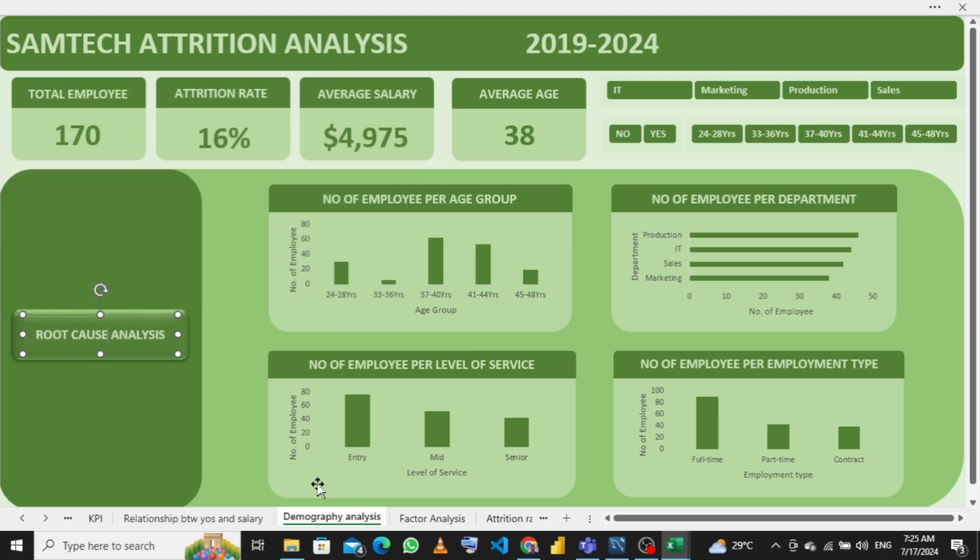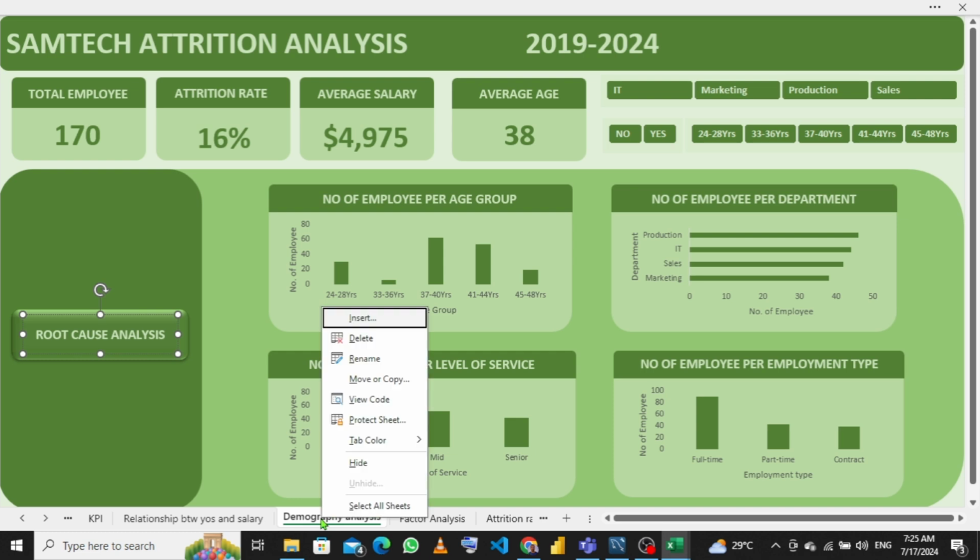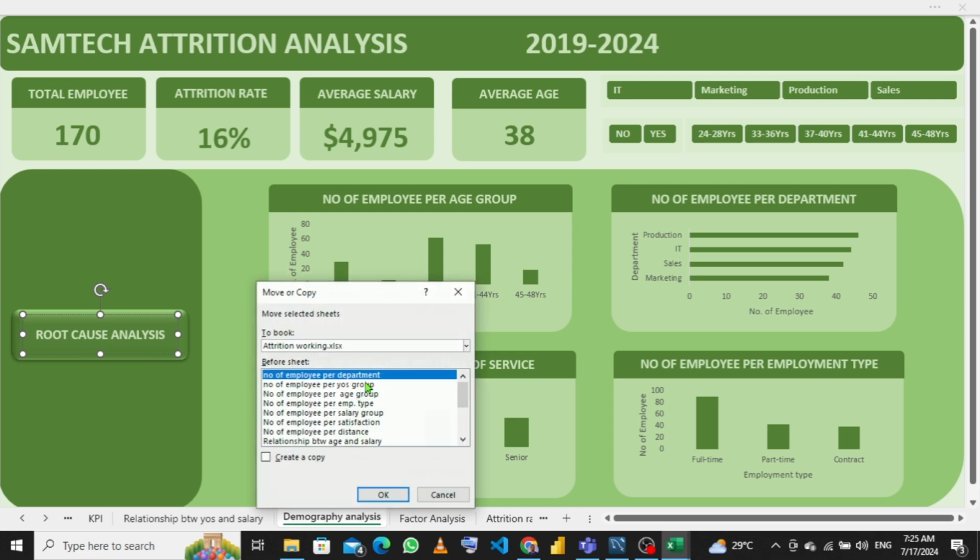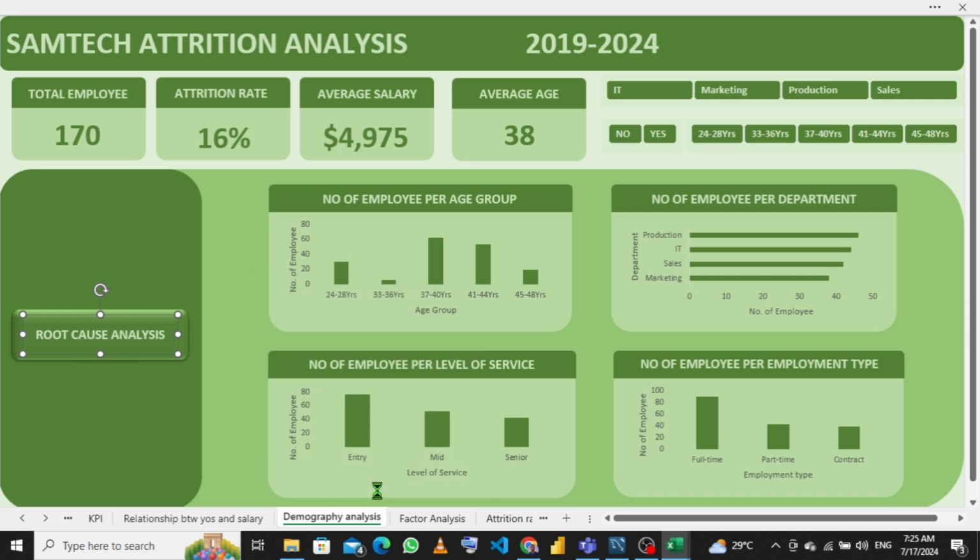Alright. So we'll come here, right click this, we say copy and move. And where do we want to place it? We want to place it just beside the demography analysis. I say create a copy, then we'll click on OK. So this is going to create a new copy. This is our demography analysis. This is our root cause analysis. So let's rename this to root